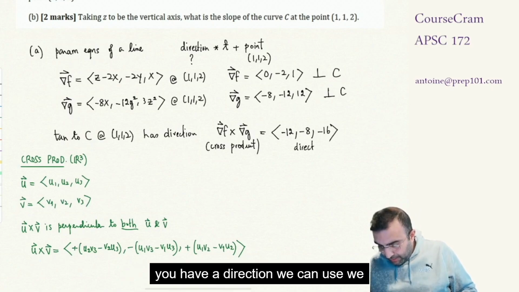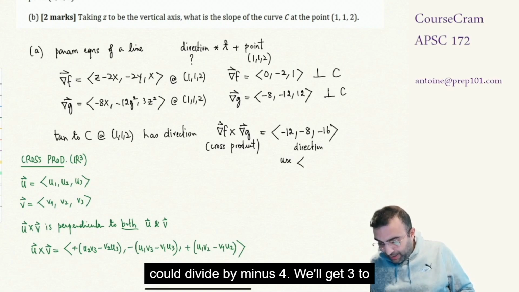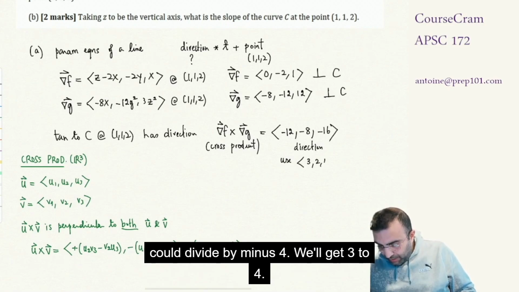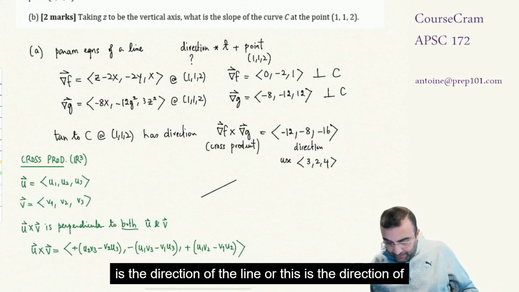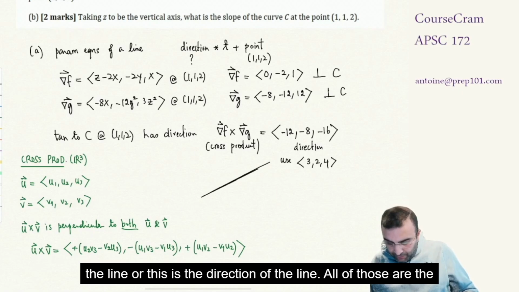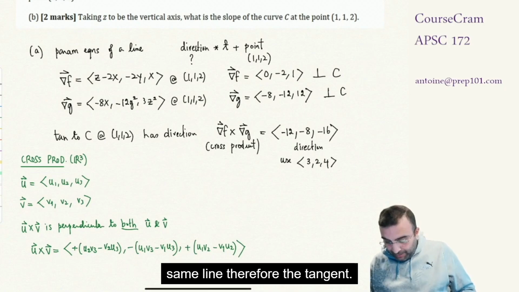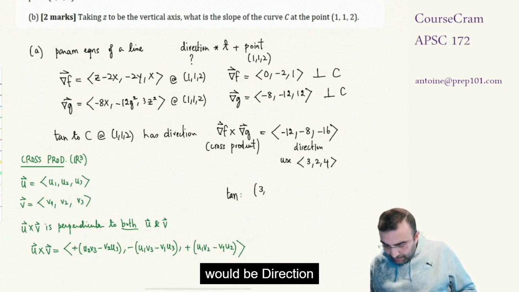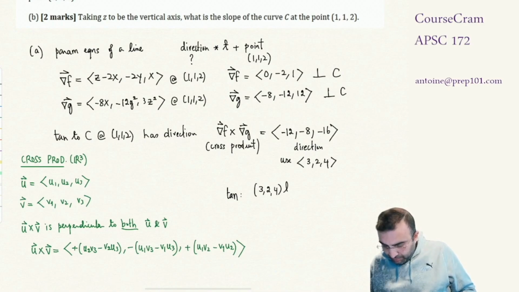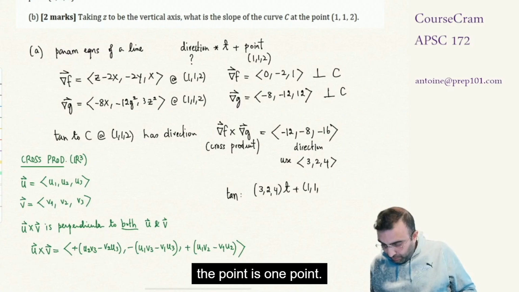Of course, if you have a direction, we could divide by minus 4. We'll get 3, 2, 4. Because it's a direction, what does it matter if this is the direction of the line, or this, or this? All of those are the same line. Therefore, the tangent would be direction t plus point. The point is 1, 1,